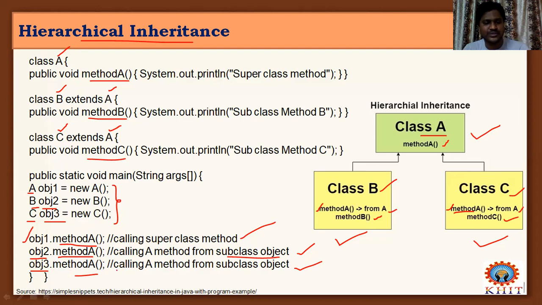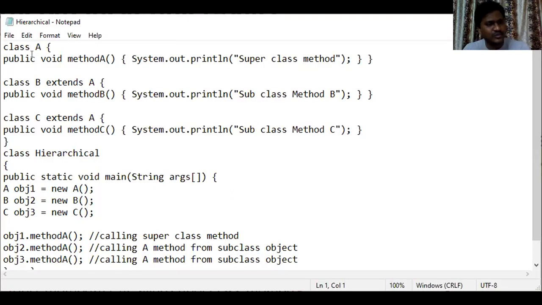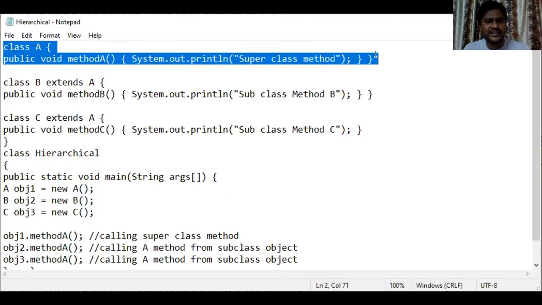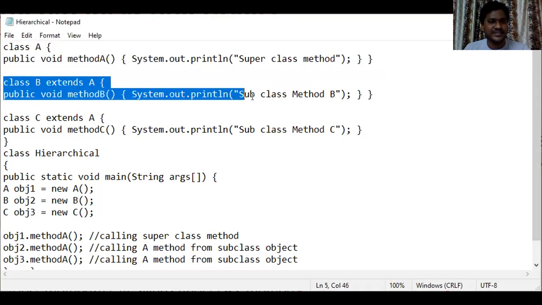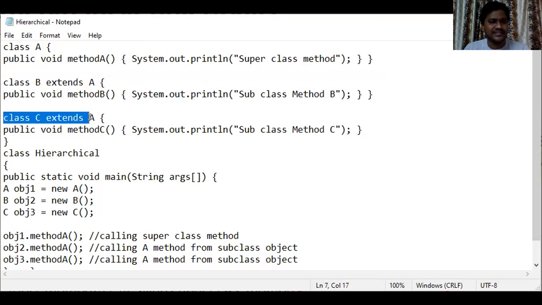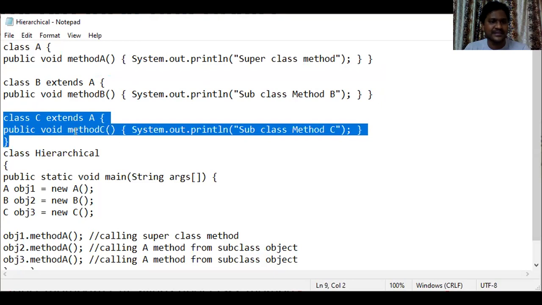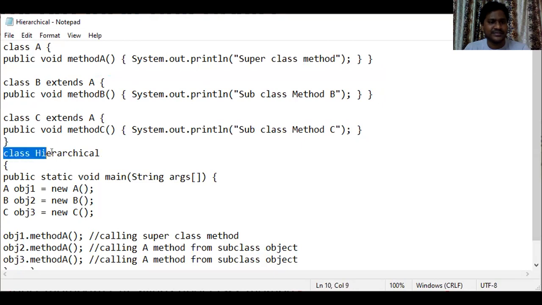We are not writing those statements here. Coming to the program point of view, class A is a superclass having method A. Next, class B extends the properties of superclass A and has method B. Class C extends the properties of superclass A and has method C. I separated the three classes and took one main class, Hierarchical, which contains the main method.